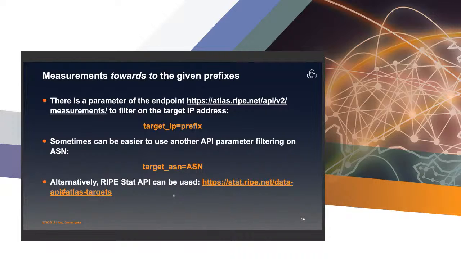Okay, now to the second subtask. Until now, we've been collecting identifiers of the measurements that are coming out of the networks that we want to investigate. And now let's take a look at the measurements that are made in the addresses of the networks that we are interested in. This is an old parameter. It's an old parameter of the same endpoint, and it's been around for ages,